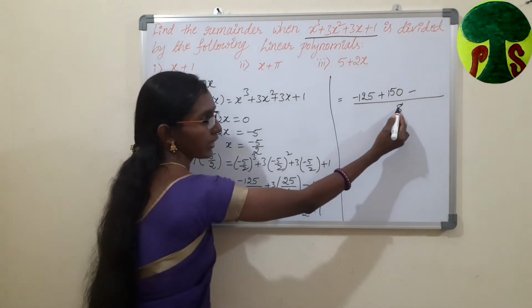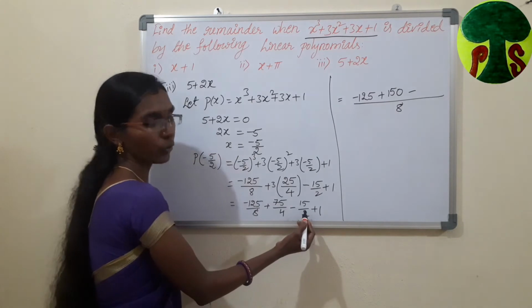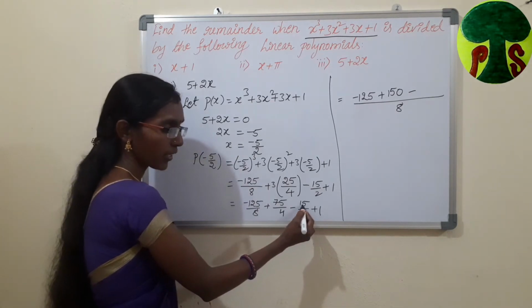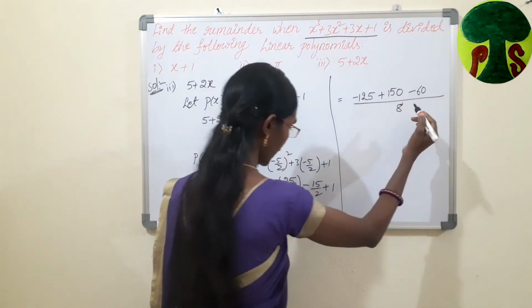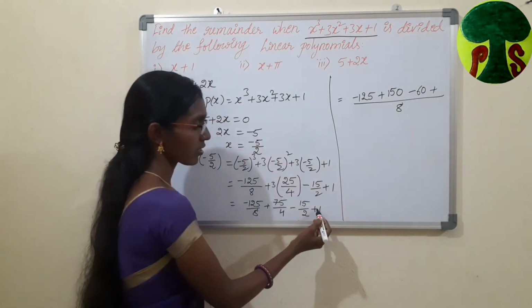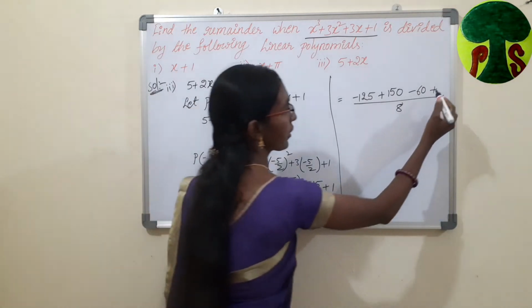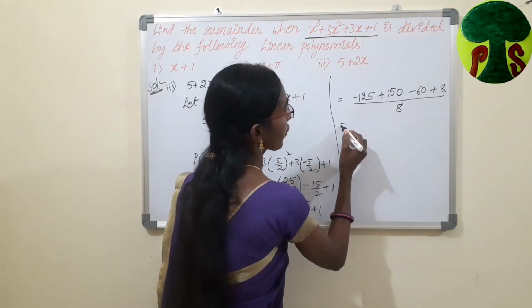To get 8 we have to multiply by 4, which means we have to multiply the numerator by 4. 15 fours are 60, plus, and here 1 is there, we have to multiply 1 by 8, which is equal to,